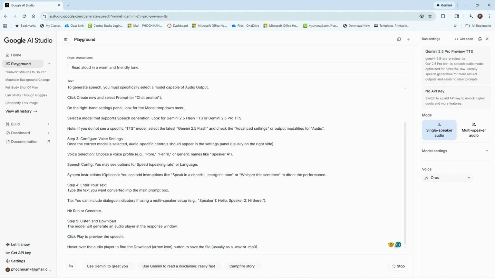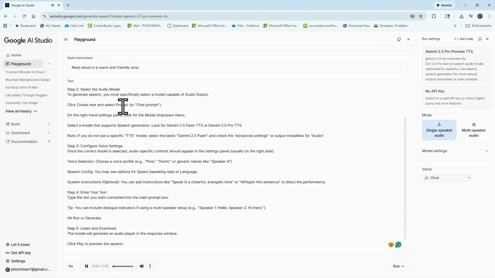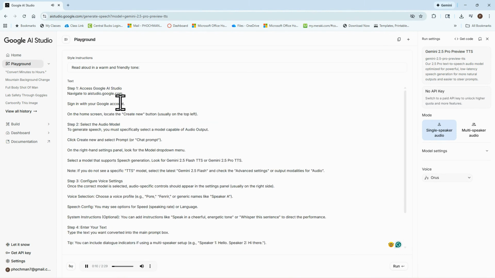Step 1. Access Google AI Studio. Navigate to aistudio.google.com. Sign in with your Google account. On the home screen, locate the